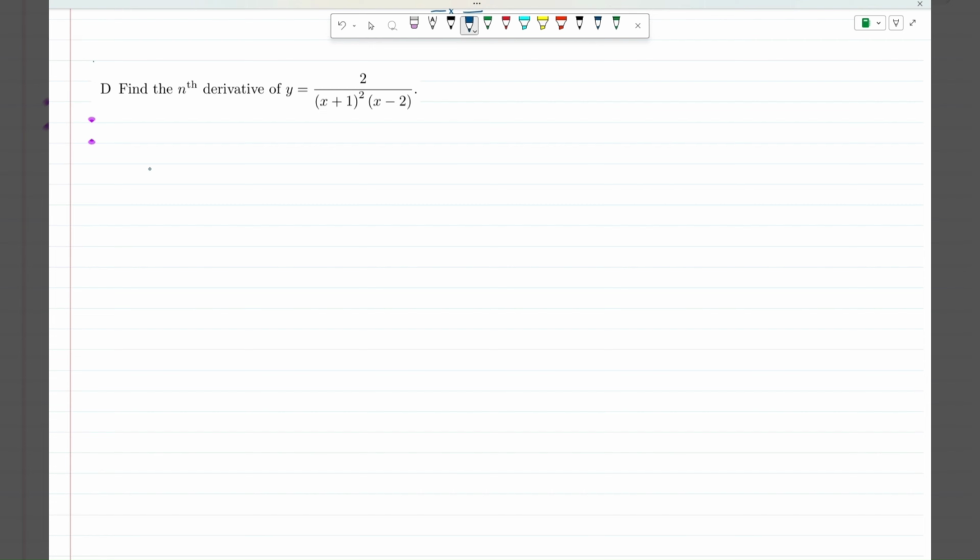Let's get started with question 1, sub question D. This particular question is based on successive differentiation, and we are given a function y, which is a rational function. In the numerator we have got 2, and in the denominator we have got (x plus 1) whole square times (x minus 2). So we are going to first of all take help of partial fractions, which you are quite familiar with. So we are going to express y, which is given to us, as this,